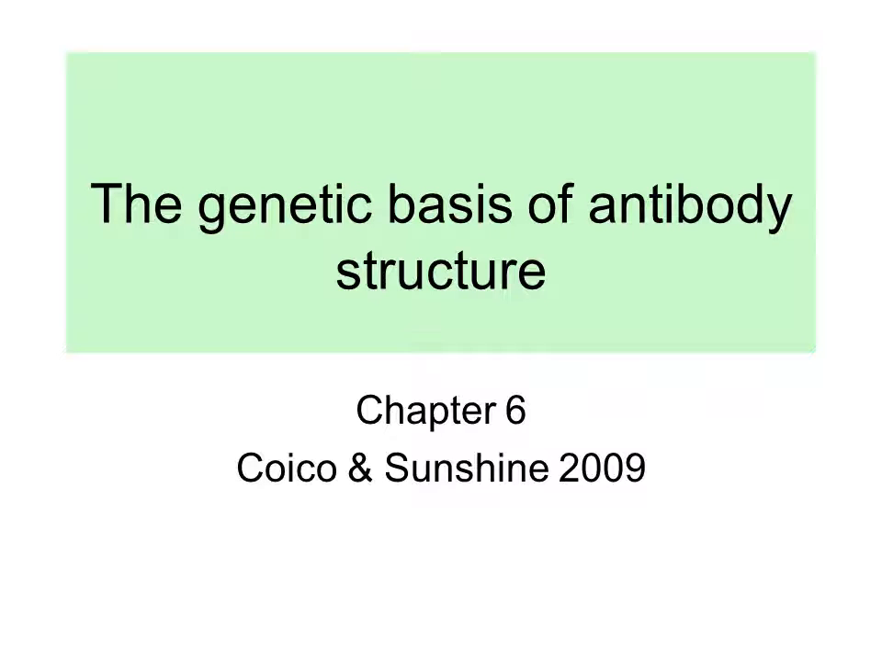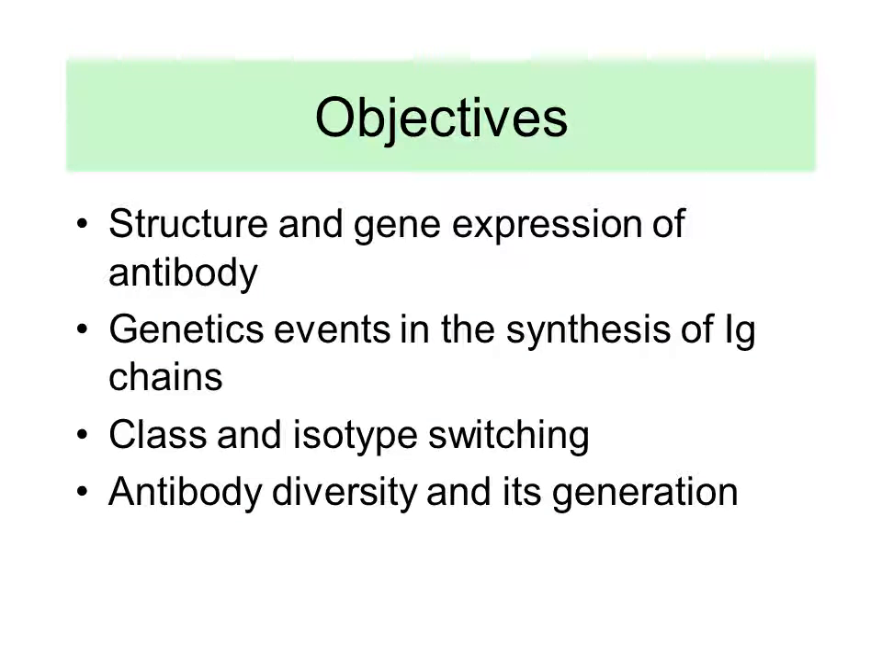Today we'll talk about the genetic basis of antibody structure. The objectives of today's lecture are the structure and gene expression of antibody, genetic events in the synthesis of immunoglobulin chains, class and isotype switching, and we'll also discuss antibody diversity and its generation. Now we've been talking about the structure of immunoglobulin genes, and we did talk about the specificity of